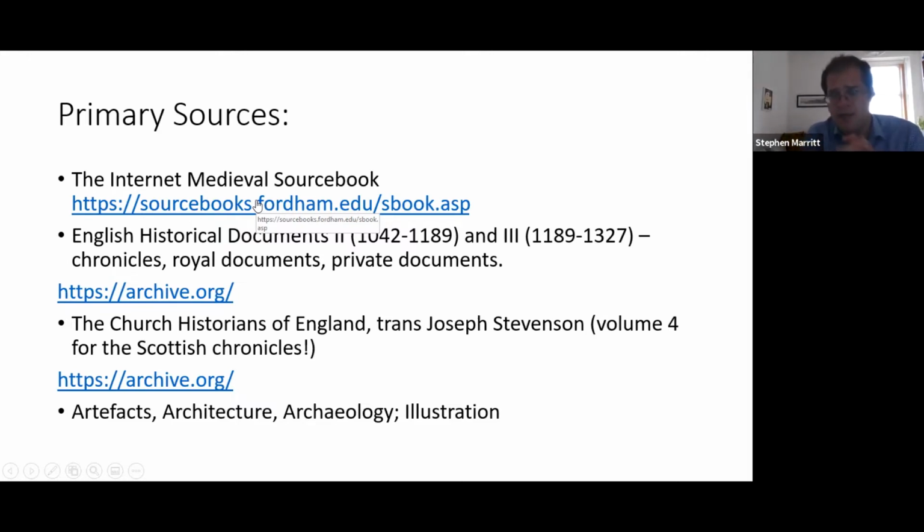These volumes have things like the constitutions of town government. They have extracts from royal taxation rolls. They have grants by an individual to a monastery saying why they're giving land to that monastery. Now, these books these days, I just looked it up on Amazon before I came on. You'd be looking at £3,000 for English Historical Documents 2. They are worth their weight, literally, in gold.